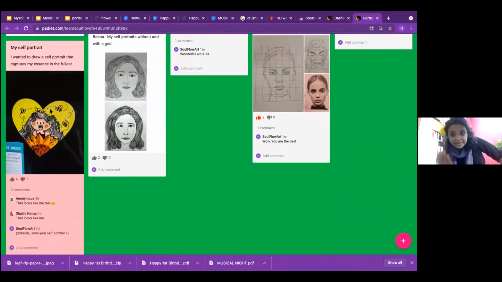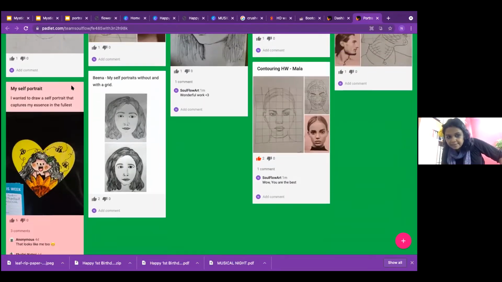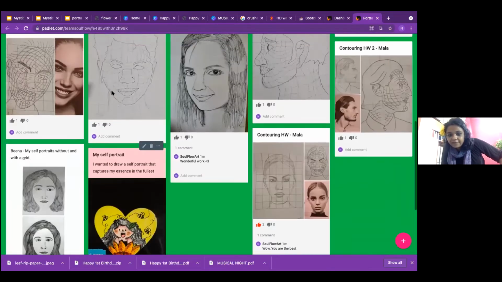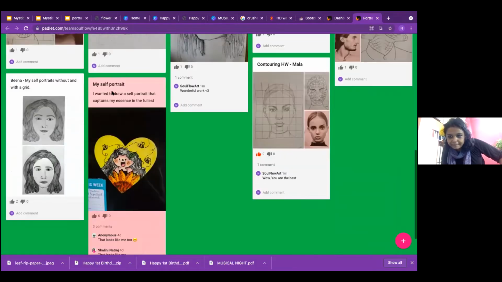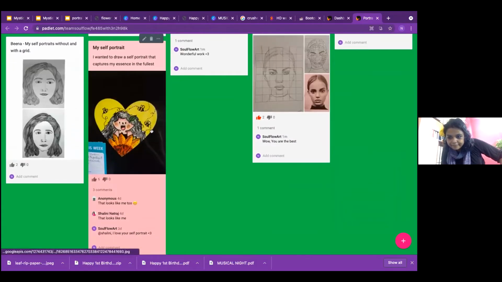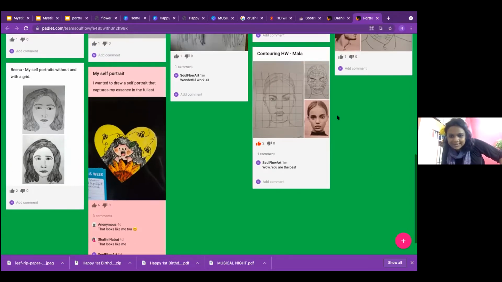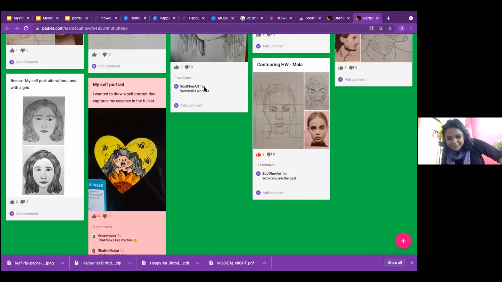All the ones that Niranjan has seen, he will change the color. For example, my self-portrait, he's seen mine, he's already verified it and changed it to pink. What comment has he put up for you? Where do you see his comments? He has not commented on any one of them yet. He will. Once he starts doing it, you will see his comment. Right now, you can see below. I have only commented, wow, you are the best, wonderful work, very generic comments.